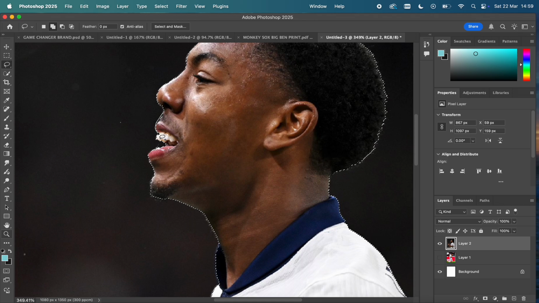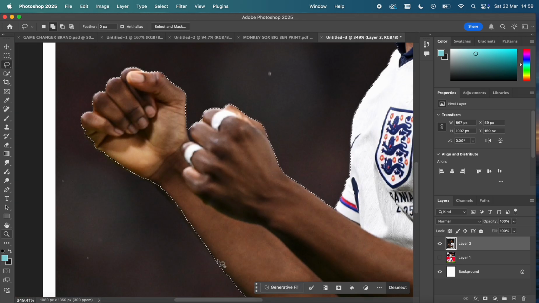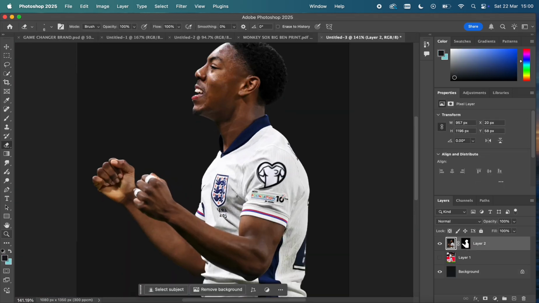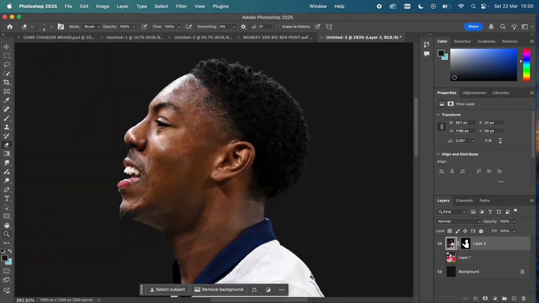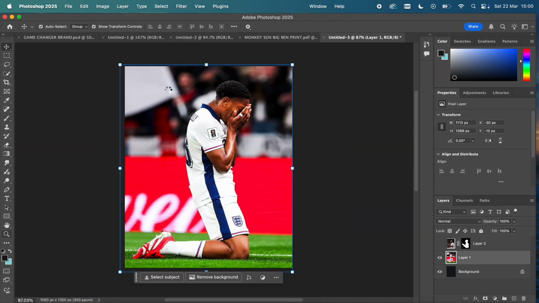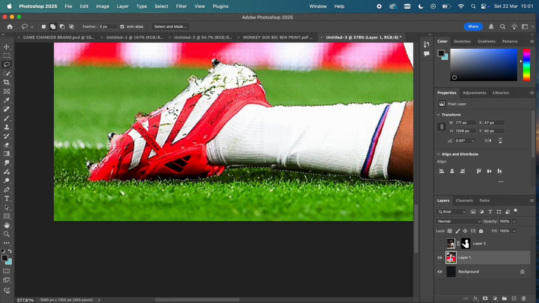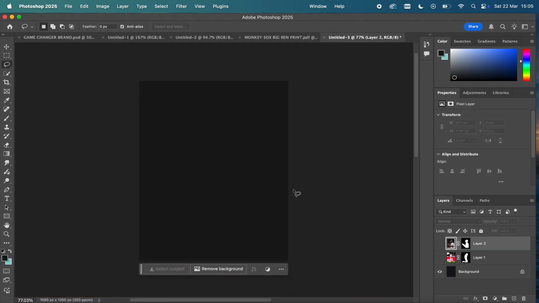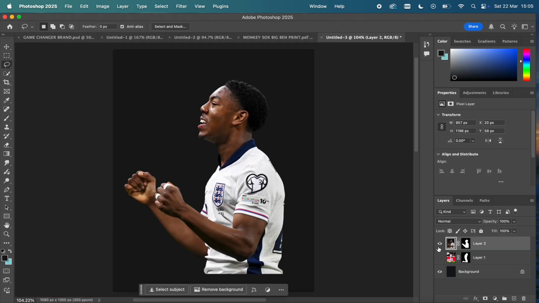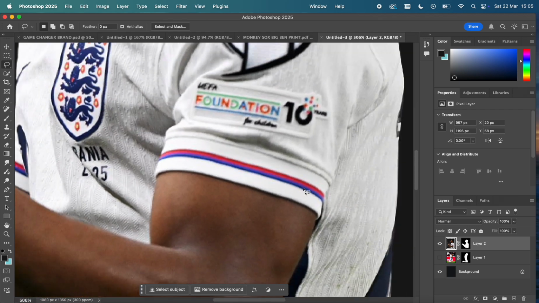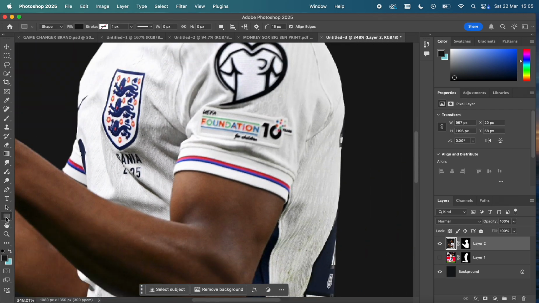Right, so to kick things off, I've got my Myles Lewis Skelly. So I literally just go to select and subject, which will do a quick selection of the player, and then I just use the erase tool or the lasso tool, just to take away the excess bits that I don't need. But now I've got the cutout, I'm going to start working on the background by literally getting a